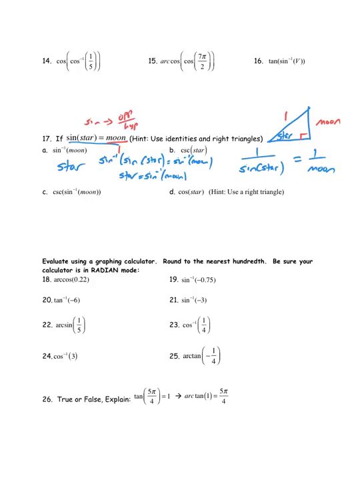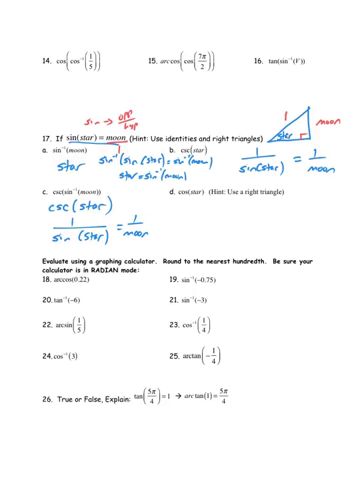Letter C says cosecant of sine inverse of moon. Sine inverse of moon we found out in letter A is star. So this is cosecant of star. Cosecant, once again, is 1 over sine. So cosecant of star is 1 over sine star, and sine star is equal to moon. So this is 1 over moon. And letter D